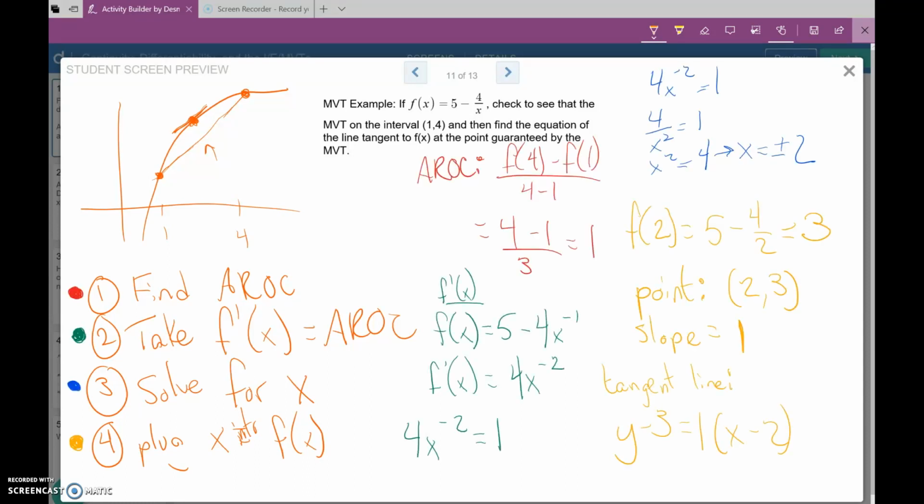Okay, we're running out of time on this video, so you can pause this and take a look at this and go through the work. It's color-coded by step. The last part here in gold, I just figured out a point, and we knew the slope was 1, and I plugged it into point slope form to get